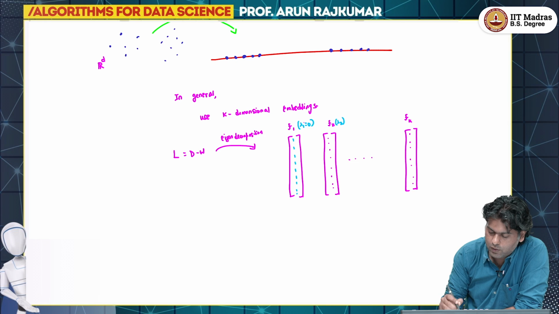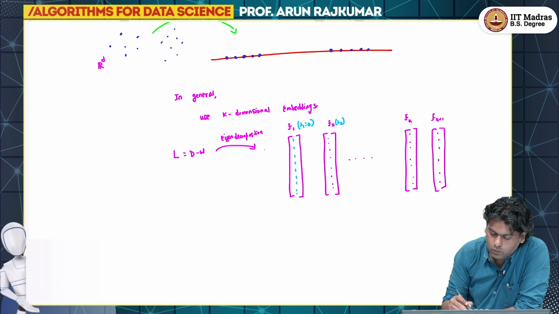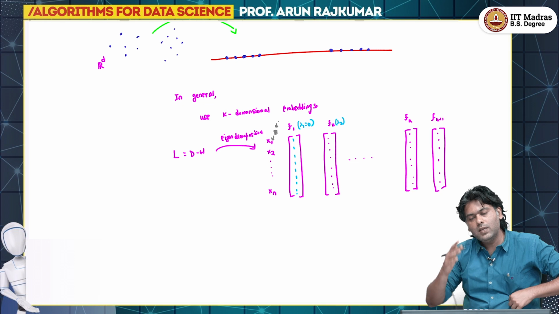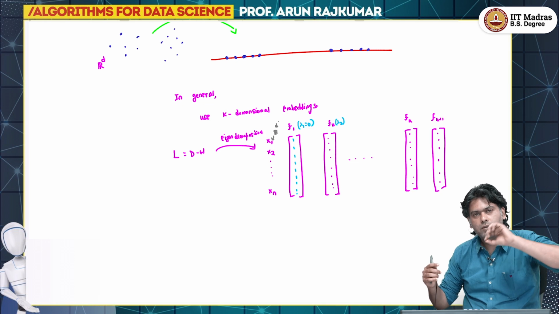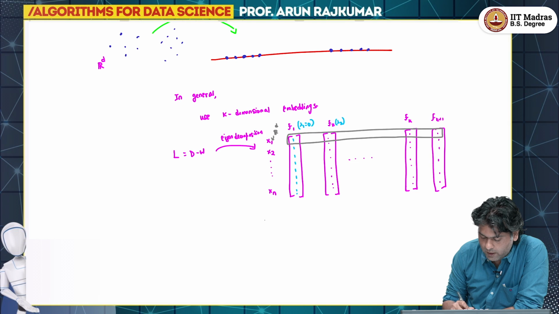I mean, you can either use F1 or you can leave that. So, you can go maybe to Fk plus 1, that is a matter of choice. So, what you can do is, think of this as the data set x1 to xn. Remember, each of these x1 to xn is in Rd. Originally, they might be in some huge dimension, but then these eigenvectors, the components of these eigenvectors, now if I view them as an embedding for x1, now what I have done is I have taken x1 and then I